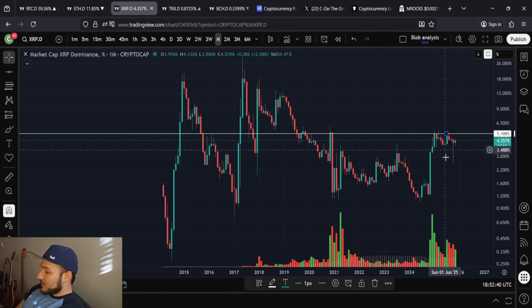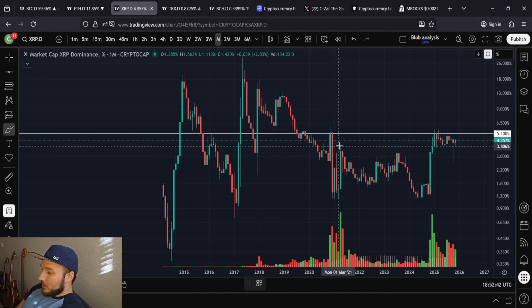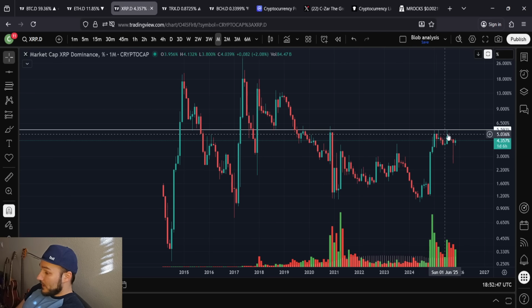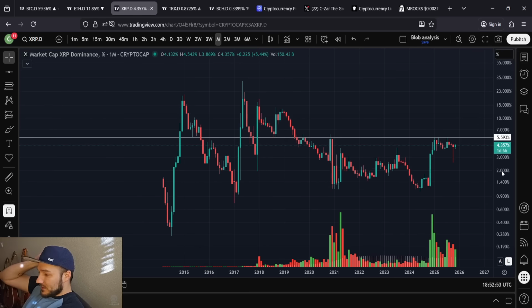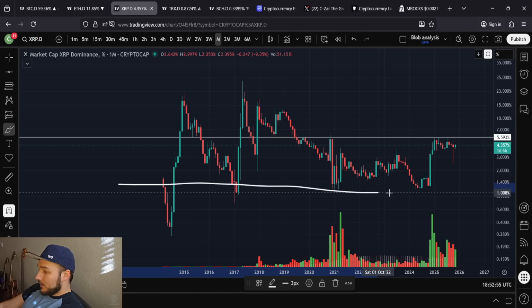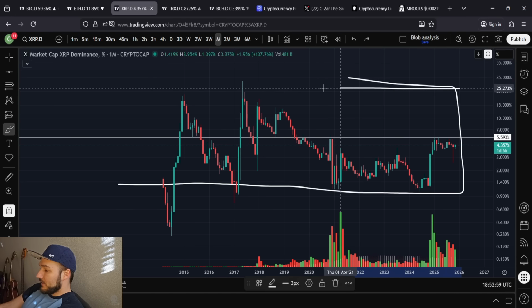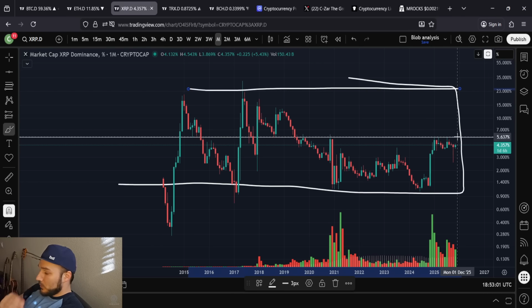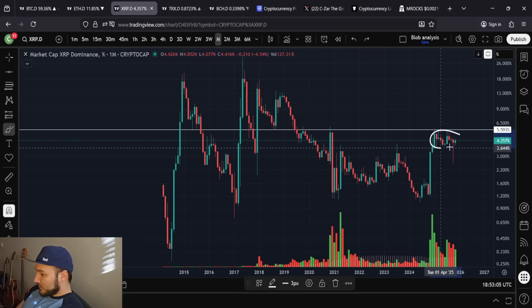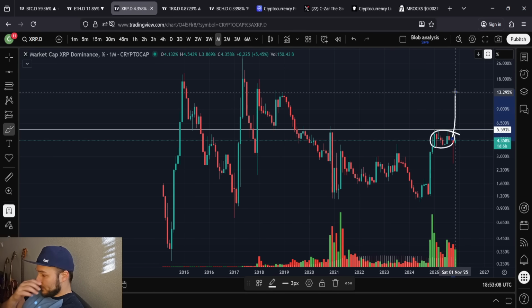And this is a beautiful chart in itself. You can see the dominance here for XRP has been held down significantly. It's been held down at this very significant point of resistance where you found resistance several times this cycle, found resistance back here in 2020 and here, and support here. You even found support back here. It's like XRP is in this giant block, and there's a resistance point. Well, I didn't draw that properly, did I? There we go. And there's a resistance point right in the middle of it, or a support point at times. Here, you're consolidating right below it. You're getting ready for something fierce.